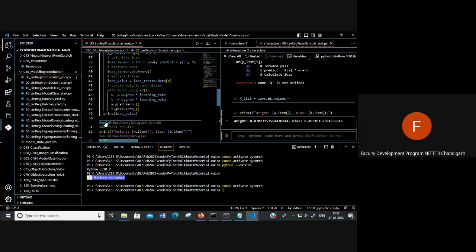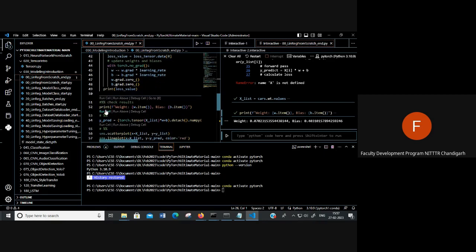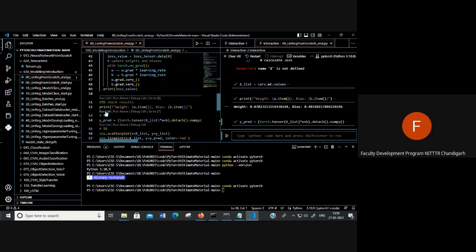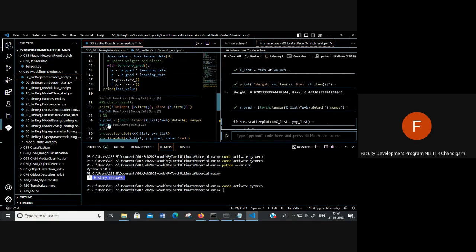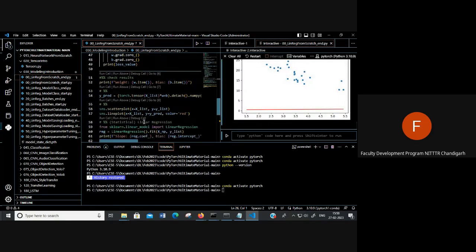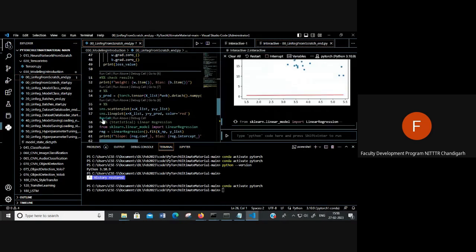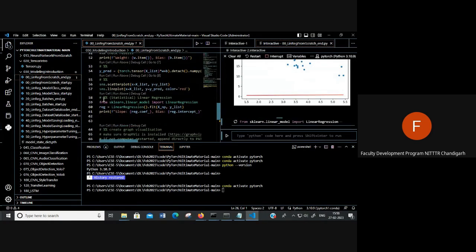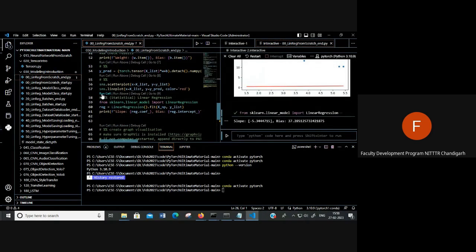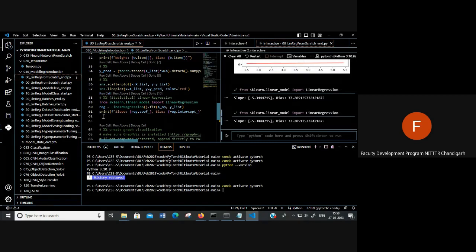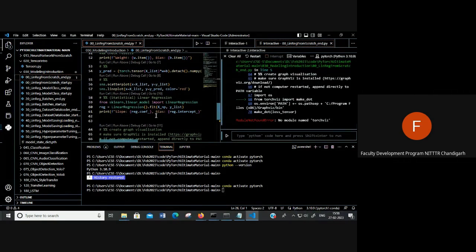Then you can check the weight and bias, which are the more crucial part of neural networks. Then you can do the prediction, then perform the scatter plot. Then using the sklearn model, you can import the linear regression and perform the